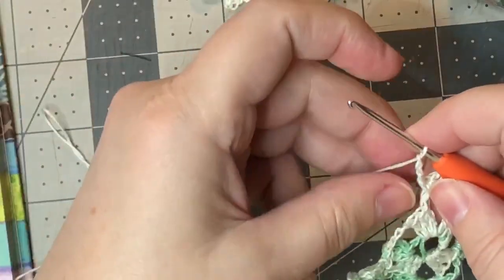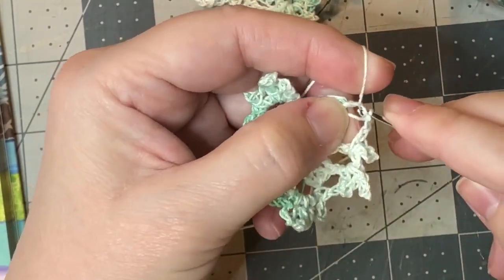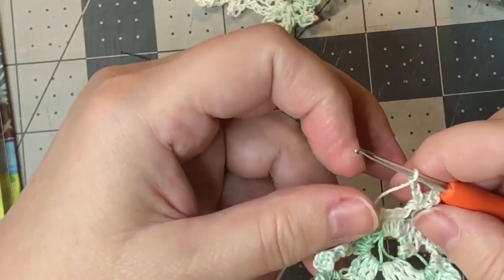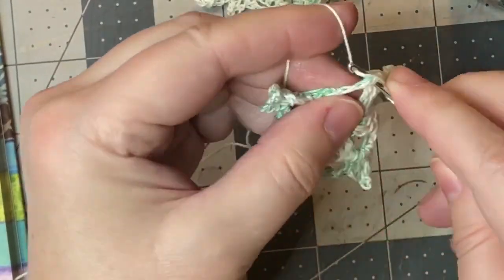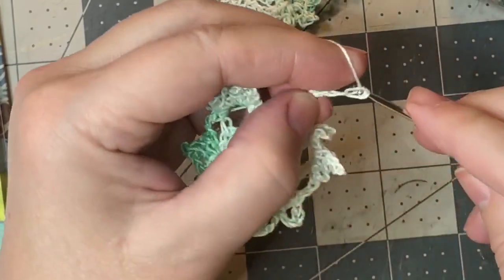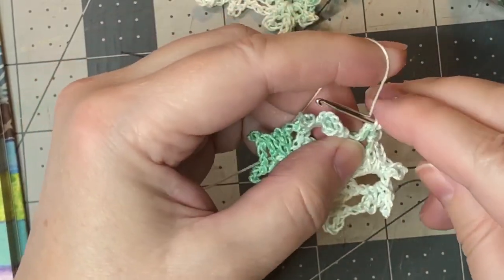Then we start with a single crochet in the chain space. Come on. Oh, something's screwy here. Hold on. Hold the phone. There we go. Okay, chain 4, 1, 2, 3, 4, then a single crochet to attach to the chain space,